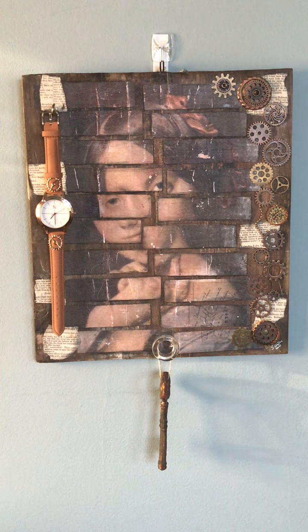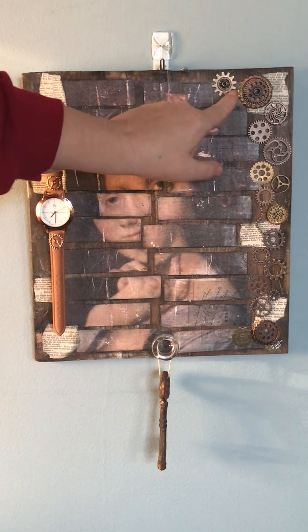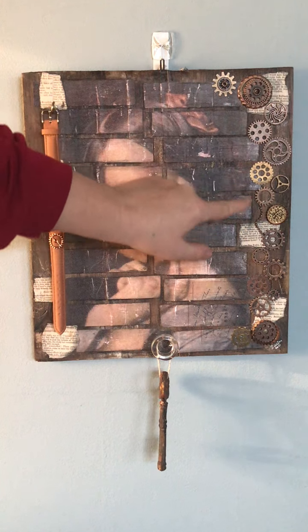This is my first piece for 2021. It's called Something Old, Something New, and it features a time traveler phasing through time. And as she traveled through time, she's picked up some found objects, some embellished with some metal gears and other